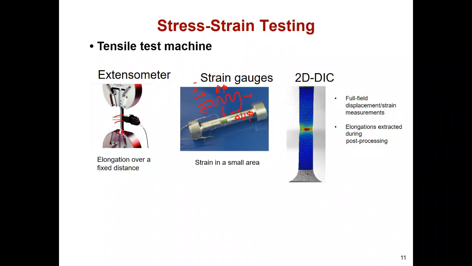To overcome those kinds of problems, researchers developed non-attachable measurement techniques. That's what we call the digital image correlation method. This method is very simple. We put some marks, like black dots, on the solid specimen material.